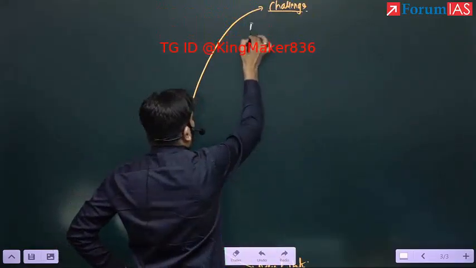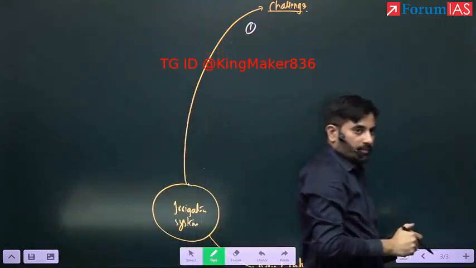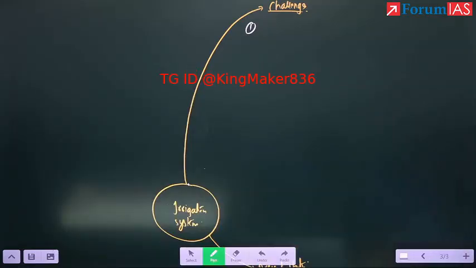Okay, right. First challenge. सबसे बड़ा challenge क्या लगता है आपको? What percentage of area is under irrigation? 52%. So which means how much is under rain fed? 48. So right,